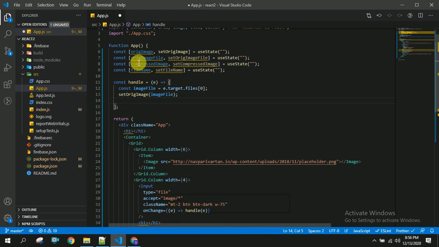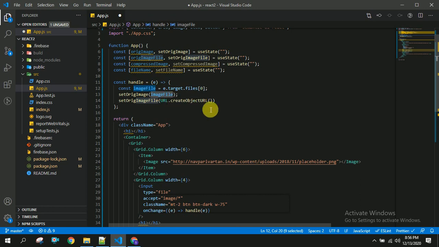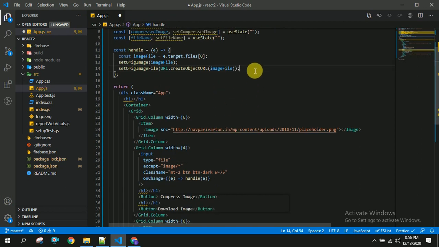Next thing is we have to set this original image file. For that we have to use set original image file, and in this we are going to use URL.createObjectURL of this image file. It will basically create the URL of a particular image. So you can see here like this.